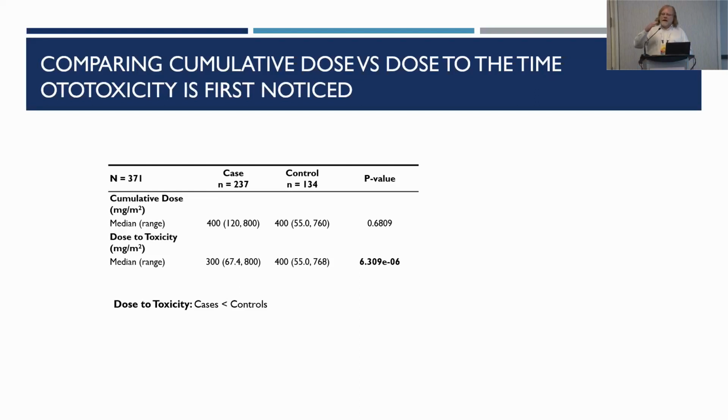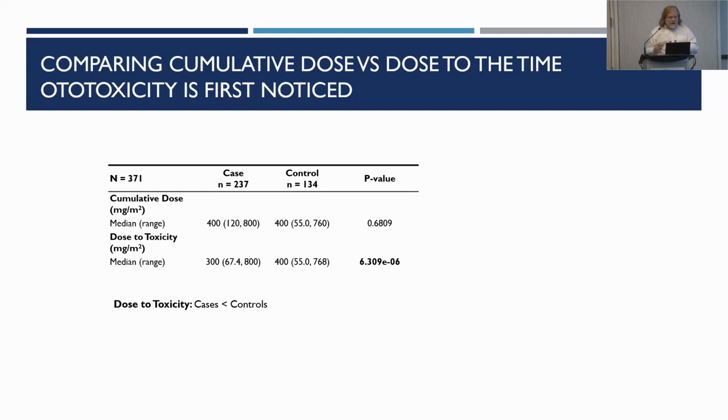Well, if you're looking at anthracyclines and cardiotoxicity, cumulative exposure makes complete sense because you don't see cardiotoxicity until the end of treatment. There is a cumulative effect of anthracyclines on causing cardiotoxicity. And we know that because we actually follow cumulative exposure and dose limit patients because we know the probability of toxicity increases as cumulative exposure goes beyond certain thresholds. But in the case of cisplatin, here's two groups of patients, cases and controls. This is now later work that we've published more recently, I think last year. It might have been published earlier this year, where we showed that the cumulative exposure between cases and controls is